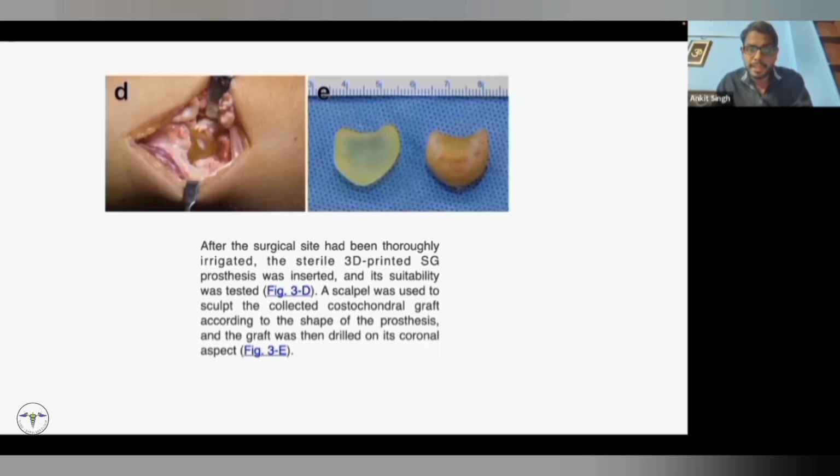Now, after the surgical site had been thoroughly irrigated, they used a 3D printed HG prosthesis. They inserted it and its suitability was tested. A scalpel was used to sculpt the costochondral graft which had been taken from the rib, and they shaped it accordingly, matching the 3D printed prosthesis. They also drilled a hole on the coronal aspect,